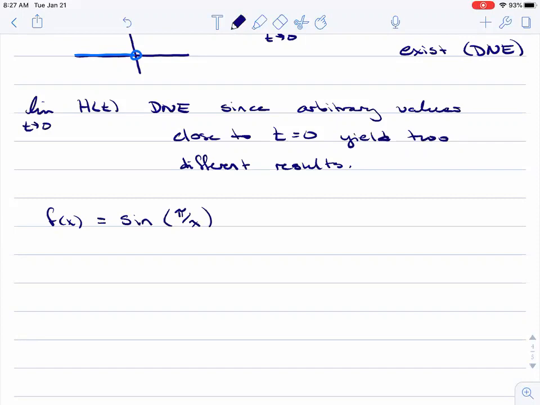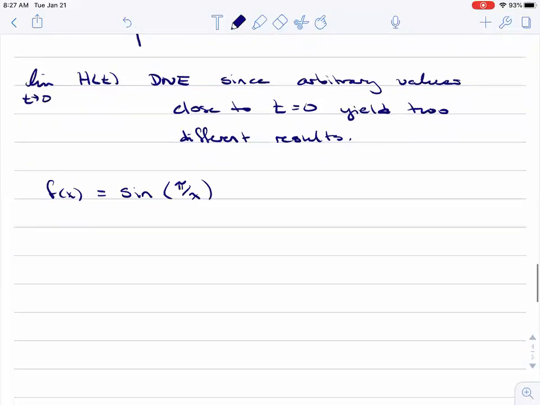What this function is going to look like is, it starts with kind of big lofty waves, and then as you get closer and closer to 0, pi is being divided by something very close to 0, and so it starts oscillating, going crazy around 0. And so the limit does not exist, because depending on what value of x close to 0 you pick, it's going to be a value of 0 or a value close to 1,